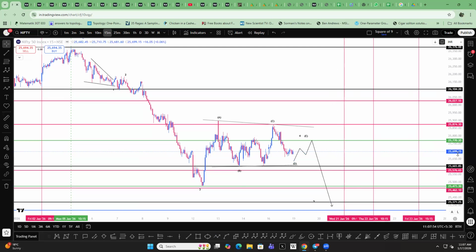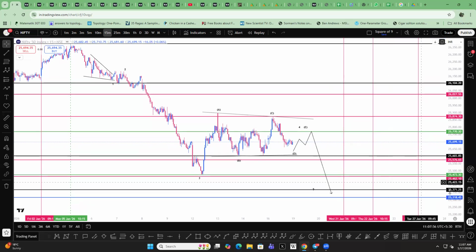Okay, 25,371 to 25,318. Okay, so wave 5 may complete here. Okay, so what should be our approach now? You can easily understand. Okay, so this is after one dip, wait for this pullback, and this resistance is very, very important now,